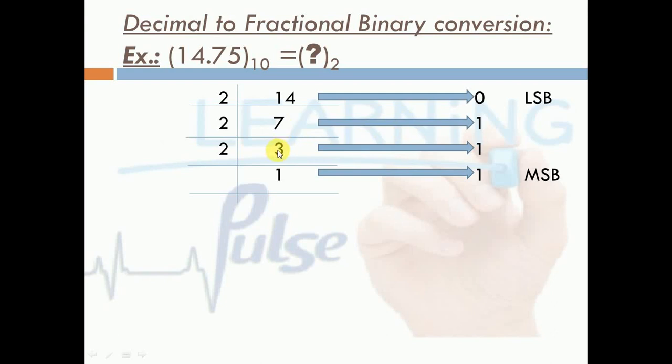Then we have 3 as the quotient, then 3 is again divided by 2, but again 3 is not completely divisible by 2, but 2 1s are 2 and 3 minus 2 is 1, so the remainder again is 1, and we are getting the quotient at last as 1. So we have to divide the numbers until we get the quotient as 1.